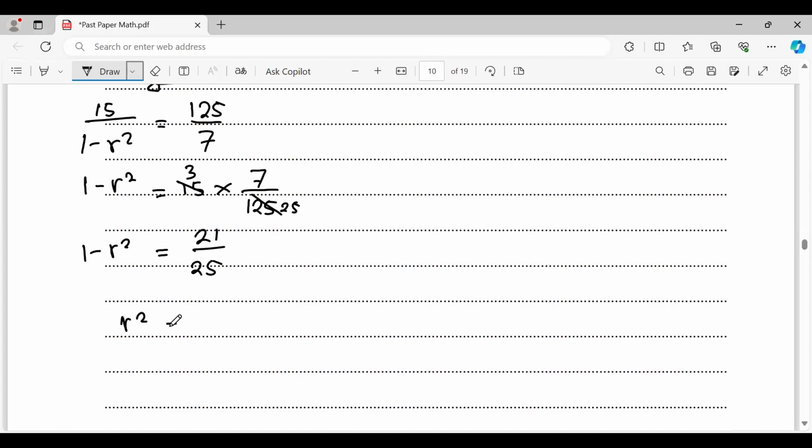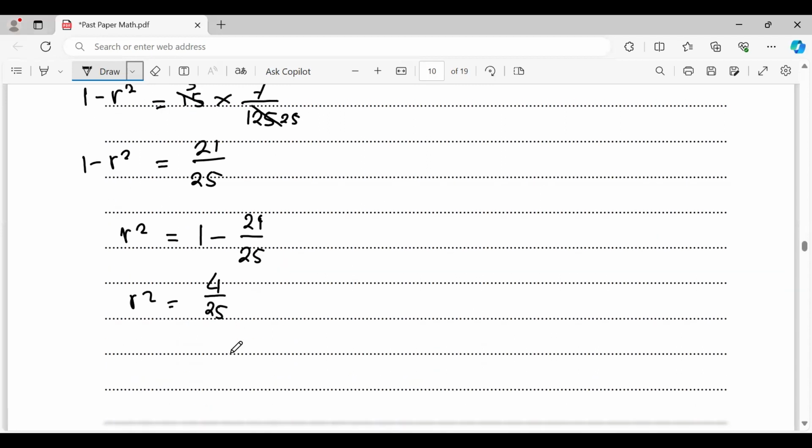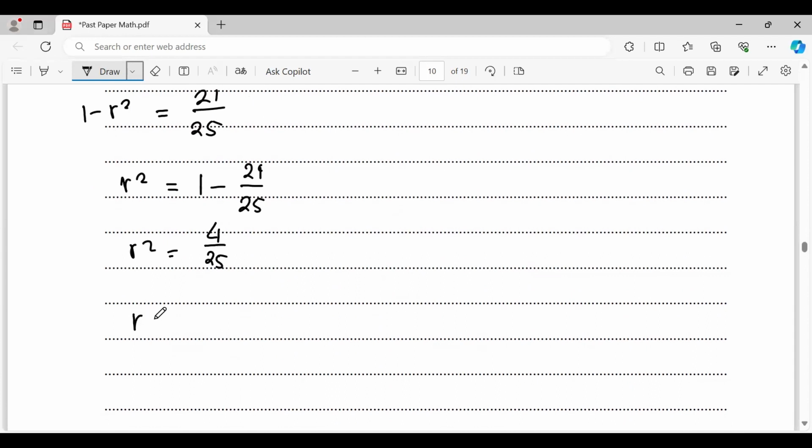So R squared equals 1 minus 21 over 25. So R squared equals 4 over 25. R equals square root of 4 over 25. So R equals